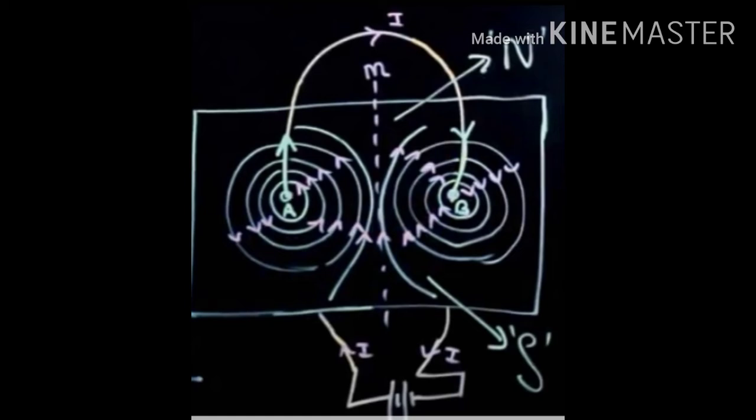And another way we can identify polarity, there is another rule, that is the clock phase rule. We can use the clock phase rule for the circular coil. Like here, suppose the clock. Suppose we have that north pole is the starting point and south is the end point, isn't it?